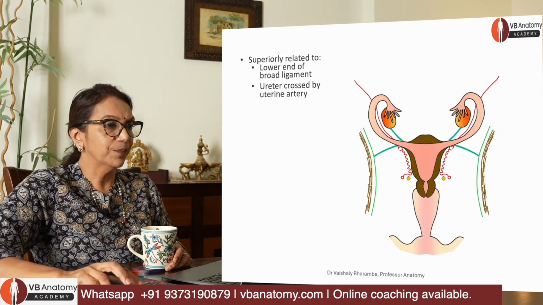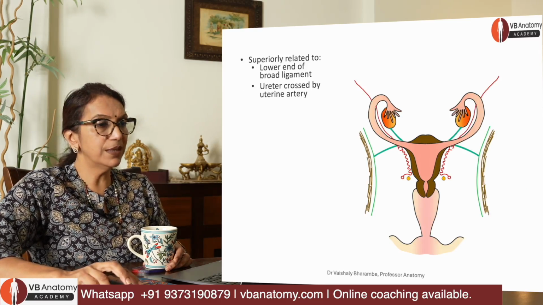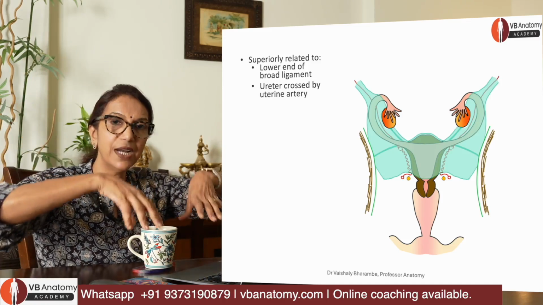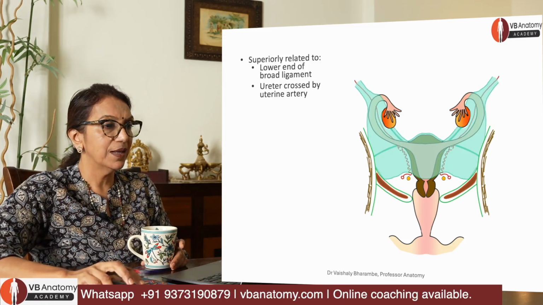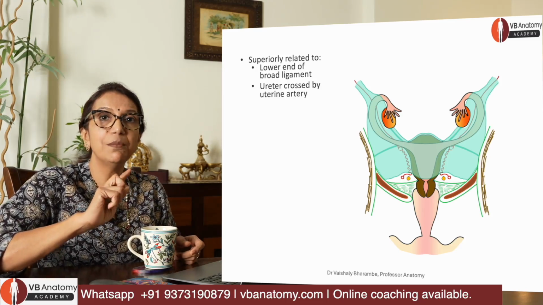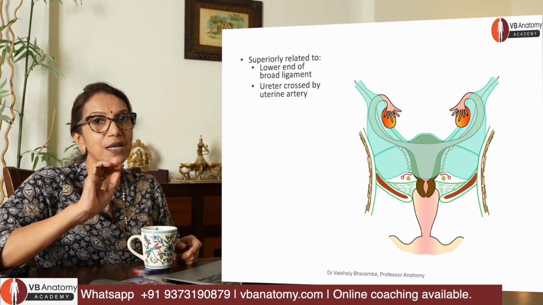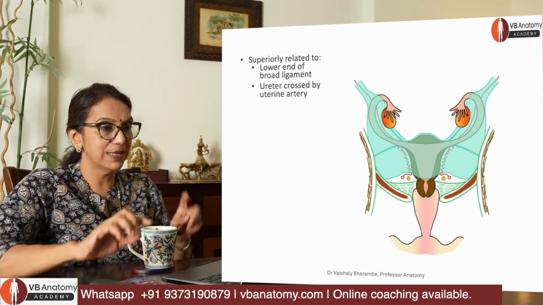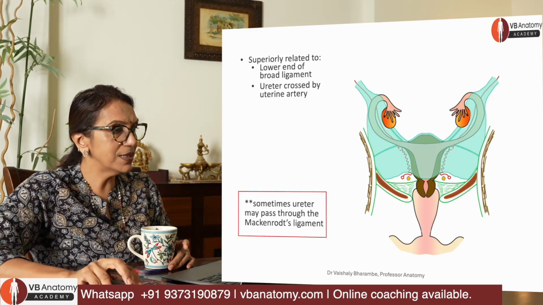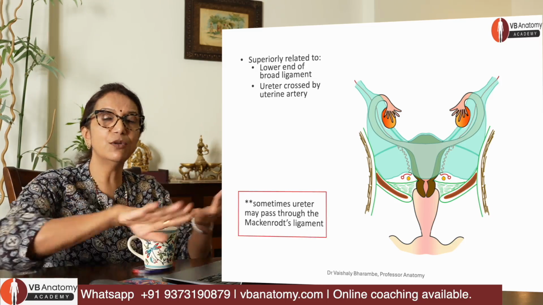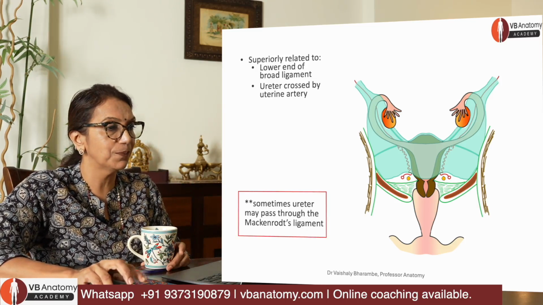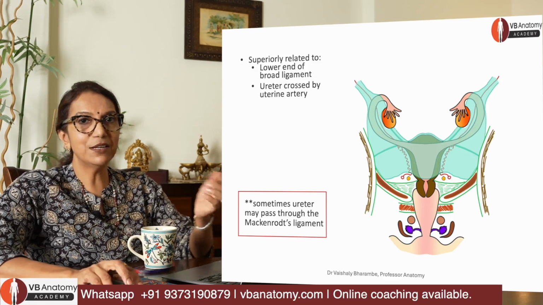So take a look. This is your uterine artery and the ureter along the lateral border of the uterus. This is the broad ligament gently draped over them. This is the levator ani covered by fascia. And this here is your Mackenrodt's ligament, pubocervical ligament and the sacrocervical ligaments. So understand their position compared to the rest of the anatomy. And of course, sometimes the ureter may pass through the Mackenrodt's ligaments. You have to be very careful when you are doing the dissection there. The rest of the anatomy is for you to see.